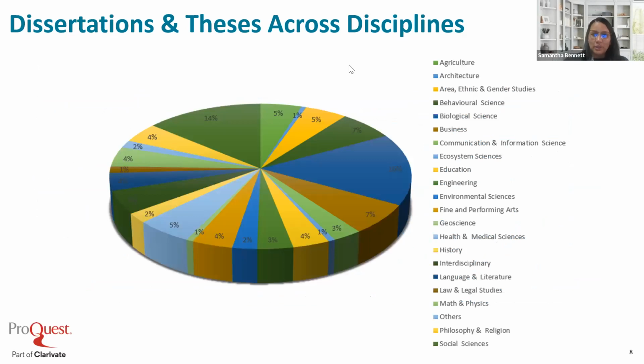This is a print screen of some divisions of the dissertations and theses across disciplines. As you can see, they vary from fine or performing arts to business to philosophy and religion, social science, geoscience. So there's great cross-disciplinary coverage of the dissertations and theses on the platform as well.